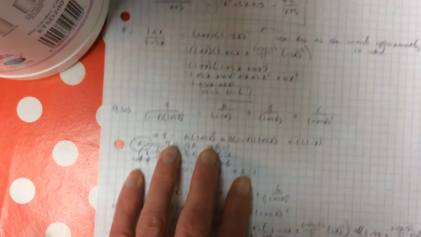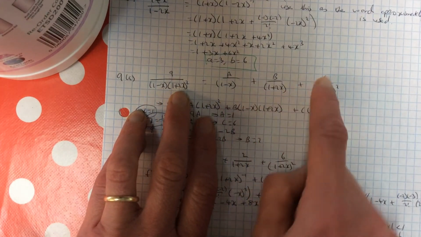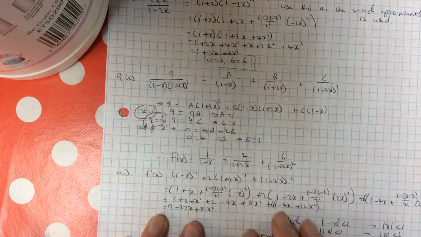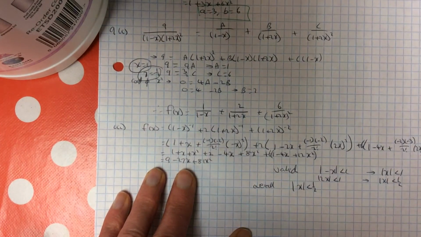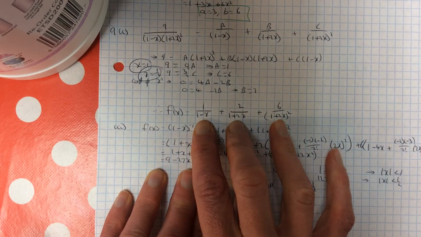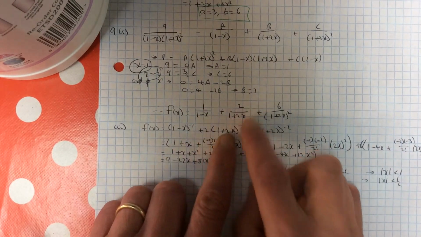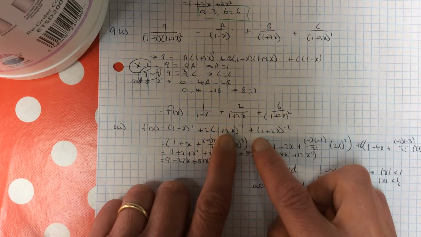Number 9 is a repeat. So it's a over the first plus b over the second plus c over the repeat, and just your normal way. Second bit of it is onto the binomial. So you've got your fraction written out. So it's 1 minus x to the minus 1 plus 2, bring that up as a minus 1, plus,